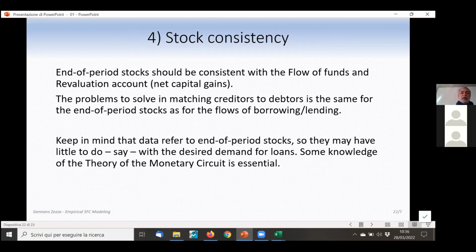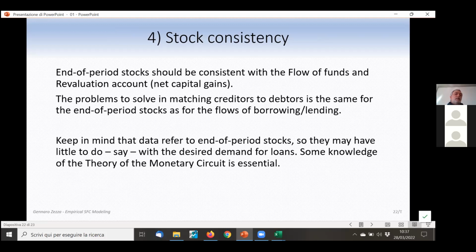Last, we have the two remaining requirements: the stock consistency between creditors and debtors, and the stock-flow feedbacks. Another point that is very important to remember is that what we are looking at in the data and in the model are end-of-period values of the stocks. So when you look at, let's say, the stock of loans of non-financial companies, and we have a measure for 2020 and a measure for 2021, is the difference what companies borrowed during that year? And the answer is no, because